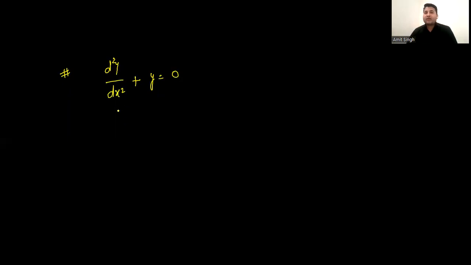Obviously, you know this is a second order differential equation, and the nature of the variable y is defined on the basis of the solution of this equation, and the solution is decided on the basis of the roots of this equation. So if I convert this equation into the general form, it will look like x square plus 1 equals 0. Now just focus. Suppose I have an equation of the form x square plus 1 equals 0, and I need to know its solution. Why is the solution needed? So that we can decide the nature of the variable,